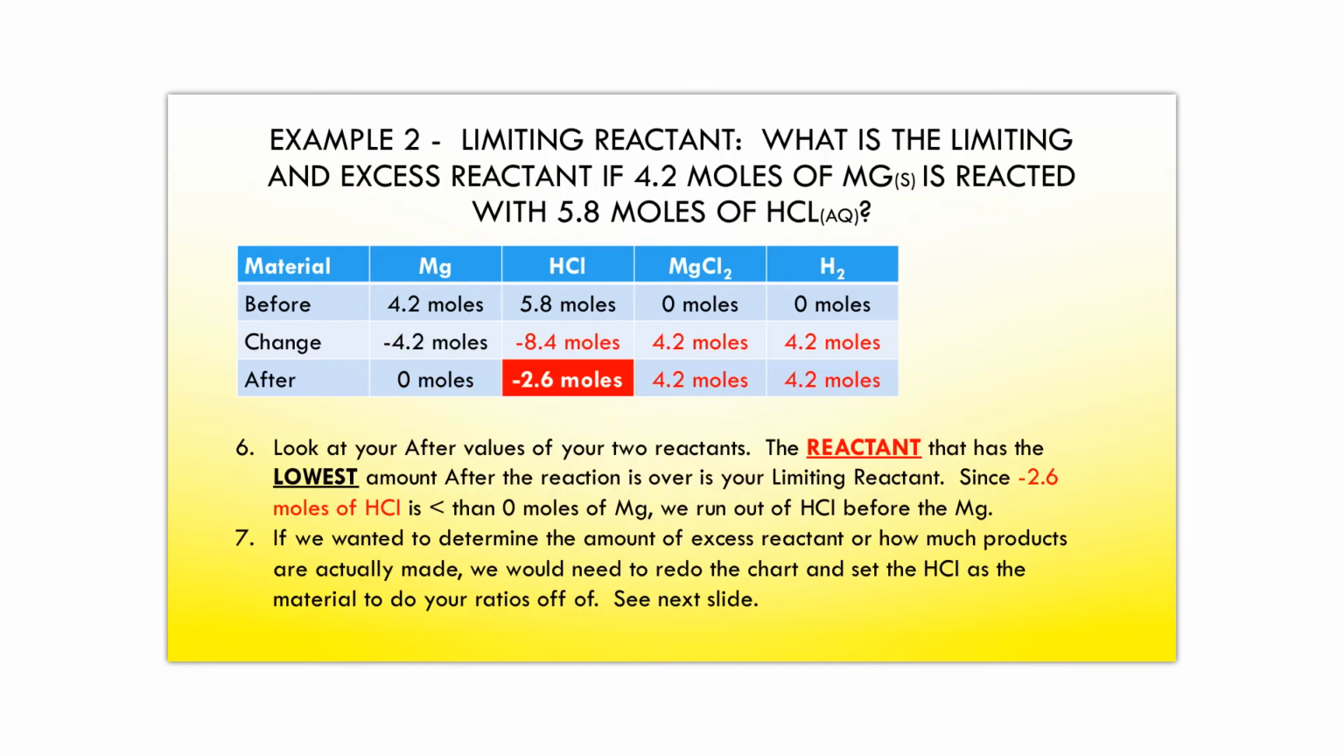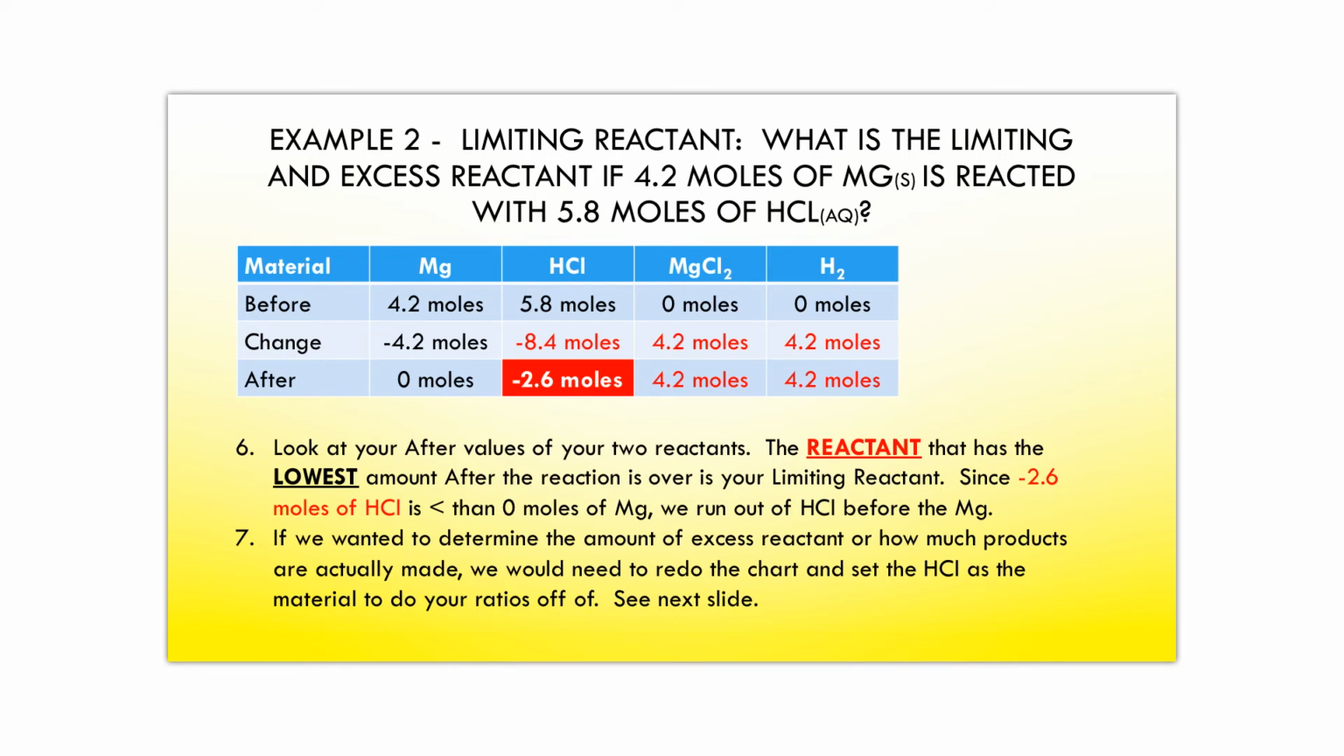Okay, once you've finished filling in the change, then you add up the before the change to give you the after. So 4.2 minus 4.2 is 0. 5.8 plus negative 8.4 is minus 2.6. And you're like, what? That doesn't make sense. So we'll go back to that in a second. 4.2 plus 0 is 4.2. 4.2 plus 0 is 4.2. Now,